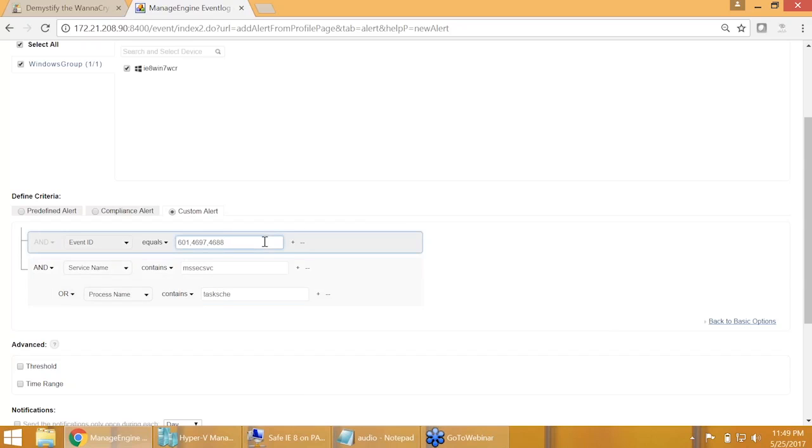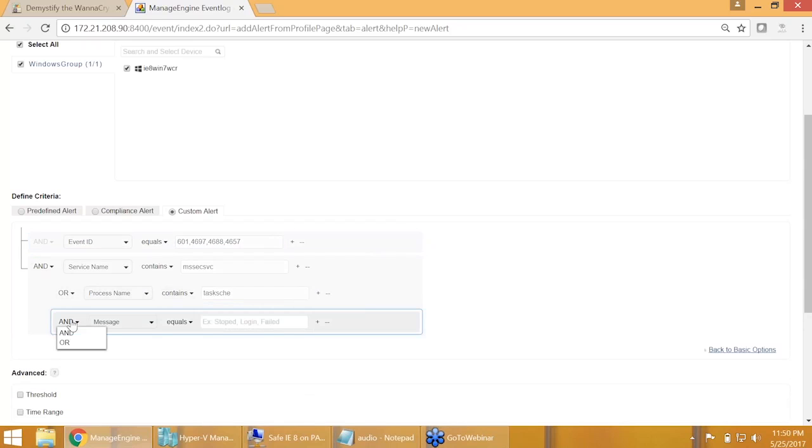And I also know that a new registry key is also added. So the event ID for the registry key addition is 4657, which is actually the event ID for a registry value being modified, which is the same for a registry key being created. So I know I can give another logical OR condition, and